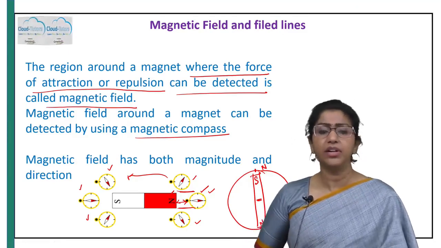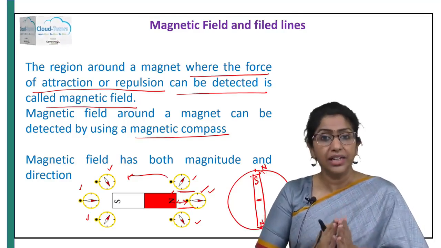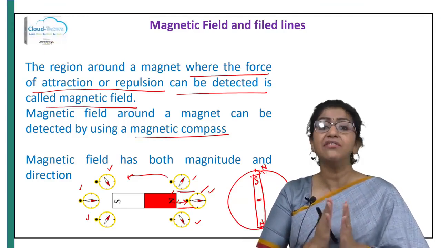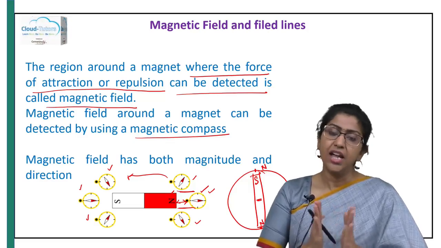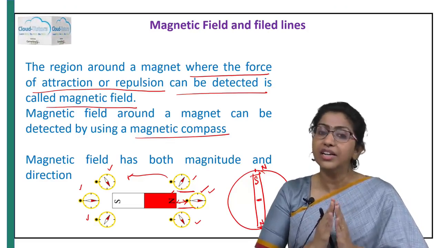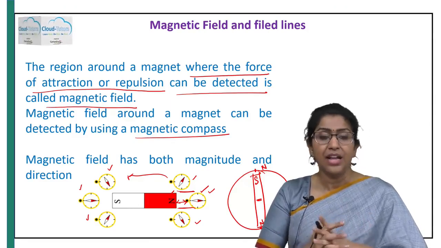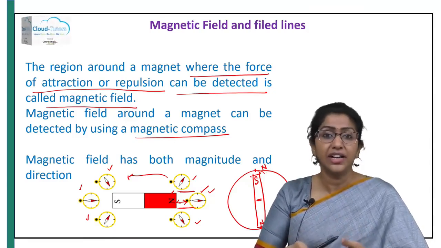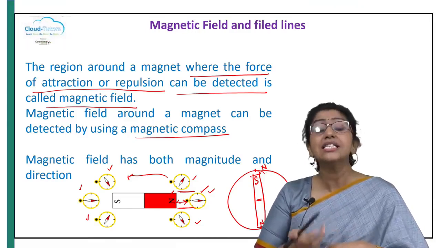It's a very important point to remember, because when I say a particular quantity has both magnitude and direction, what kind of quantity is it? It is a vector quantity. So we have all studied scalars and vectors in 9th standard. A scalar is a quantity which has only magnitude. There is no need of direction to describe it. For example, time. If I say I spent 2 hours studying, I don't give any kind of direction. In fact, I cannot give it a direction, right? Such quantities are called scalar quantities.